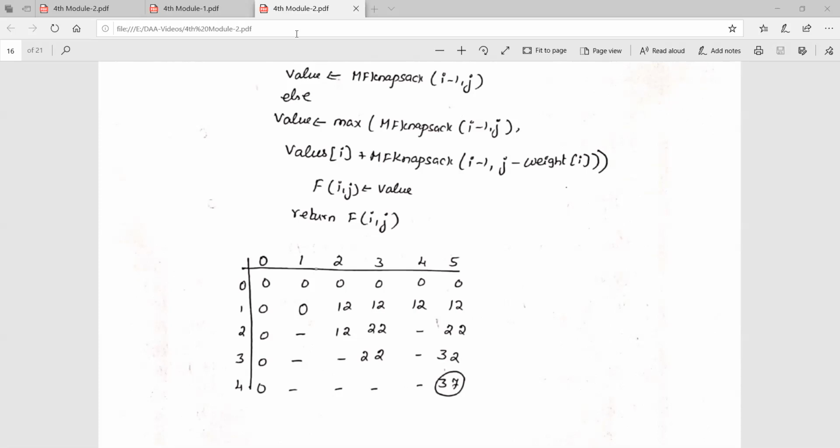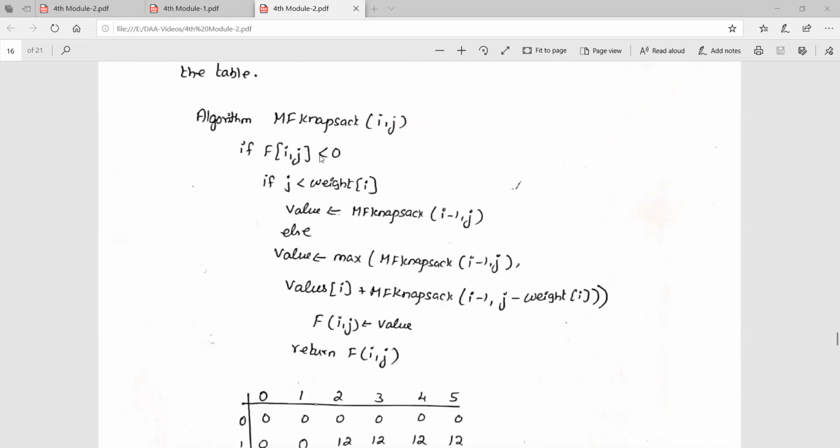The knapsack problem, we are solving using dynamic programming. This will be a maximization problem because we have to get the maximum profit. Okay. So the constraint is always that the weight of the object is less than the capacity of the knapsack. It should not exceed the capacity of the knapsack; it should be less than or equal to the capacity. So the algorithm is very simple. We just have to check i, j less than 0, and this we have to check with the weight, and then we have to check whether we are using this formula or this formula.